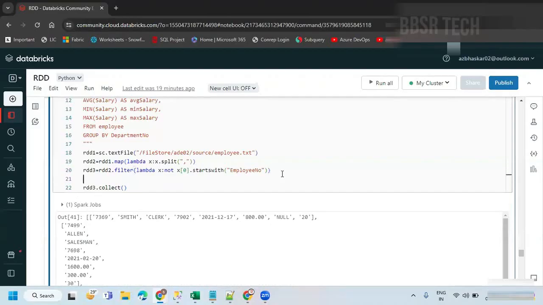So I'm just going to say RDD4 equals RDD3.map(lambda x: ...). I required a key-value pair, right? So I required x[-1] comma x[5] also. Now if I say RDD4.collect,